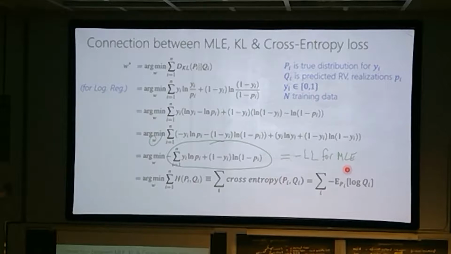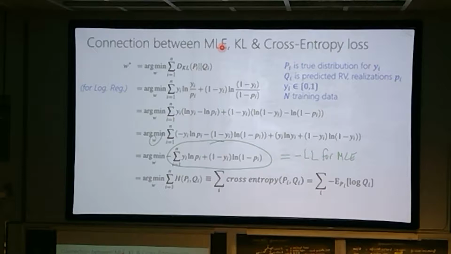And then I can go one step further, and this one's kind of obvious. This is just the definition of what we call the cross entropy, which is this right here: the expectation over the true distribution of the predicted one. This is a lot of math and definitions, but these are all three important concepts that come up in different places, especially in information theory, which sneaks its way into machine learning now and then. The point here is that you could go from any one of these to the other.